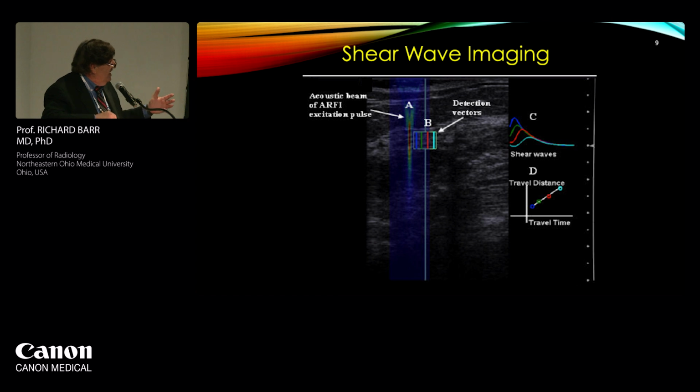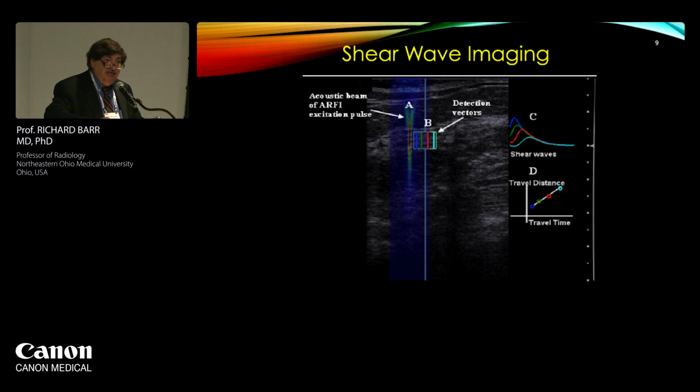This is just a quick slide to remember what we do with shear wave elastography. A is our RF pulse or push pulse. You'll notice that there's an area that's red. That's where the most energy is deposited. That's where the best shear waves are. And that usually is around 4 to 4.5 centimeters from the transducer. So we recommend that you try your best to do your measurements in that area because that's where the best shear waves are. B are the tracking pulses. Again, the RF pulse generates a shear wave, but it's actually our B mode that tracks the shear waves and calculates the shear wave speed.